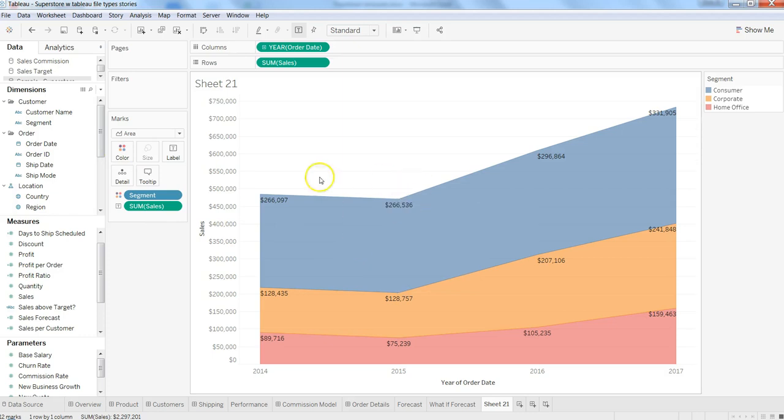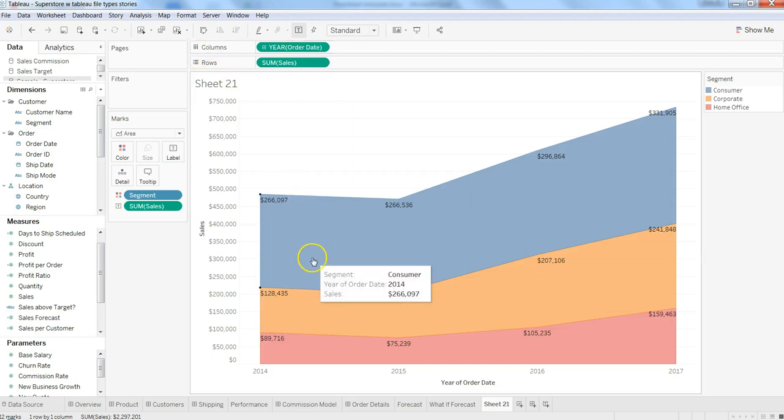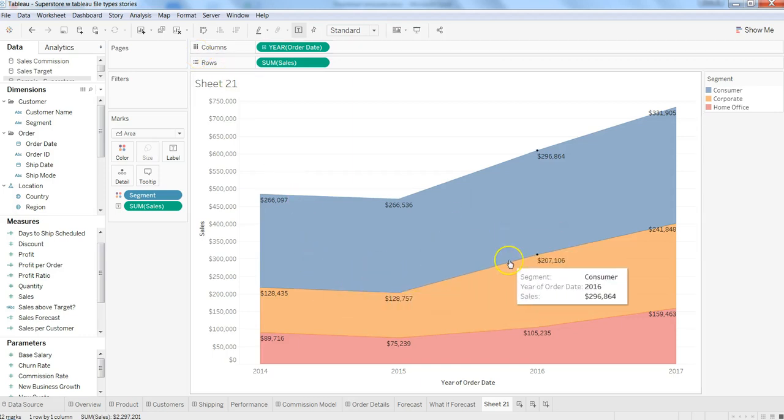And if you want, you can basically swap it like this if it is making more sense for you. But generally, people don't show it this way because eyes are used to seeing the chart in the usual way. But you have the option available. I just wanted to show you an option, and in certain situations, if it is making sense, then probably you can swap it. But that's a quick video